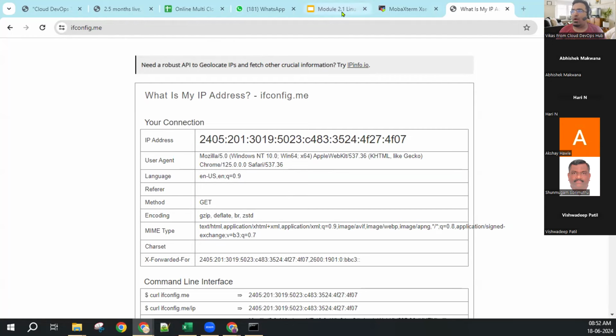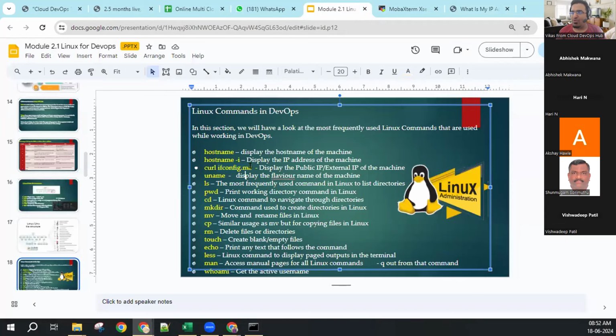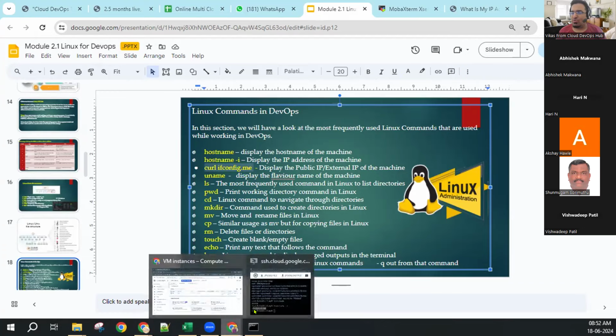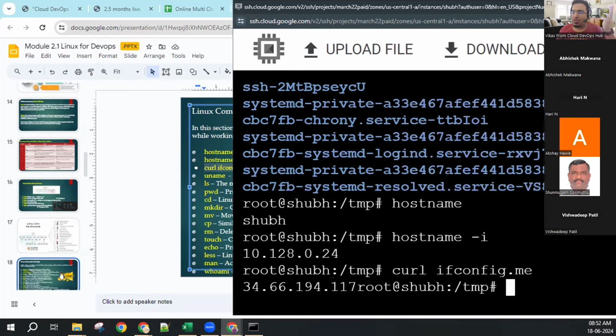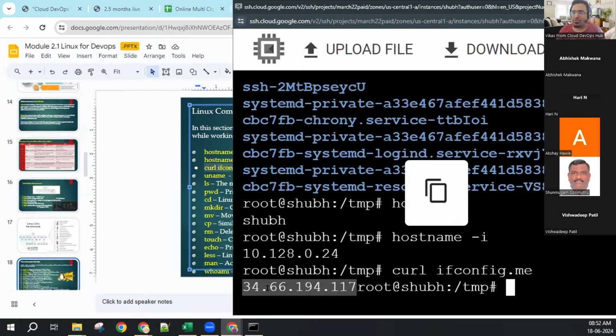Now I would like to check the IP of my Linux machine. So it is a website. I'm running the curl command so that it will go to the website and publish the details to me. Curl ifconfig.me. This website will work on Windows and Linux because it is a website, right? It will be similar on every platform. Agree? And as soon as I press enter,